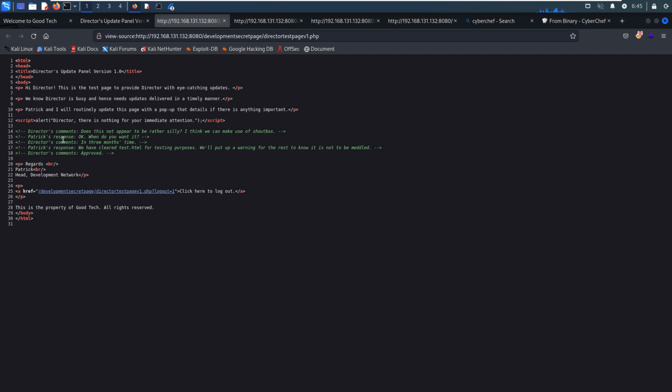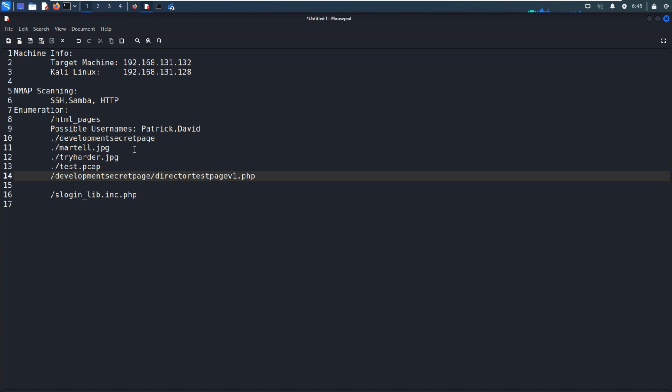Okay, so I think we have already enumerated all pages, and the only useful information would be this one, because we have already analyzed the picture and also the pickup file, but nothing, except the error message.